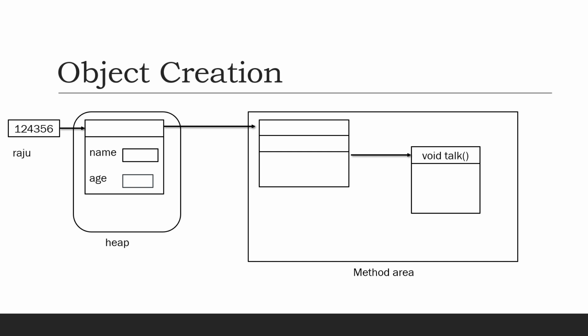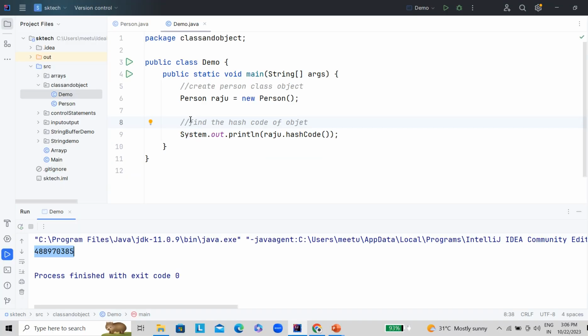So we understand that the object on the heap contains the instance variables, because the name and age are stored in the heap, and the method we created is stored in the method area. So there are two storages basically, heap and method area. Heap stores only the instance variables, name and age, and methods are not stored in the object on the heap, right? So let's go back to IntelliJ and rewrite this program to use the functionality of the Person class, because right now we have just created the instance of the Person class and used the hashCode method to print the hash code assigned by the JVM.